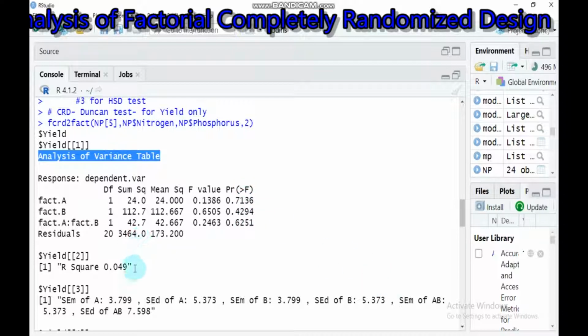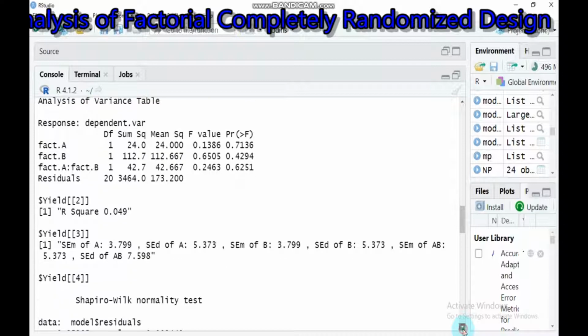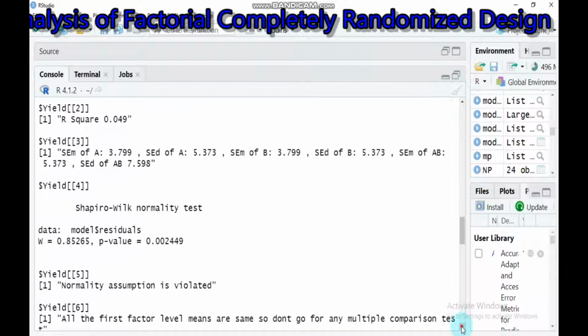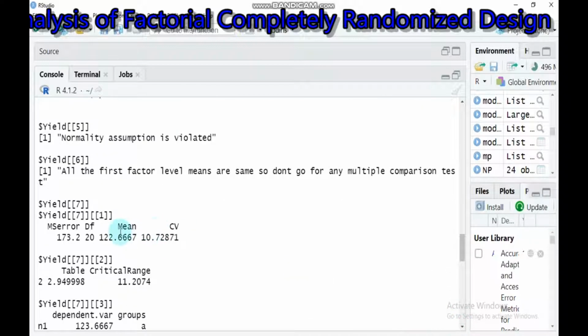And it will give you R square and also detailed information of both factor A and factor B, and even their interaction, and also it will give you the normality assumption test for ANOVA. That means using the Shapiro-Wilk normality test. And as you see here, the test is significant, so the assumption of normality is violated. And again, it will give you the mean square for error, degrees of freedom, the mean, and coefficient of variation. Moreover, it also gives you here the critical range, because Duncan's test will give you more